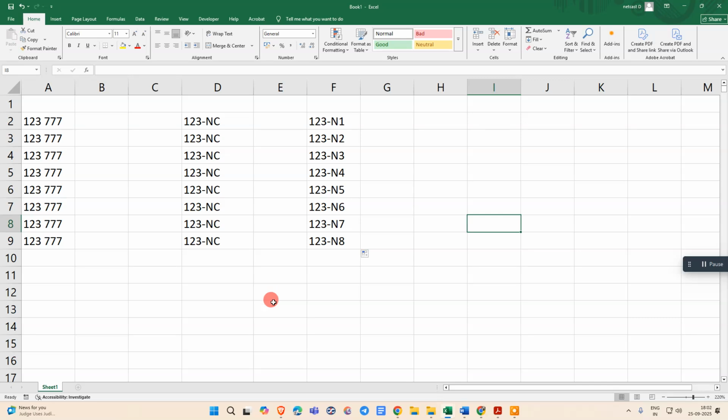Okay guys, so here we are. I have three examples here. In the first we have numbers and a character like a dash. In the second example we have numbers, the character and text, and here we have numbers, character and text, but the text is different in every cell. So in the first cell we are going to learn